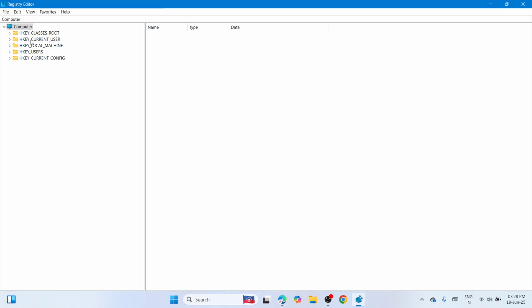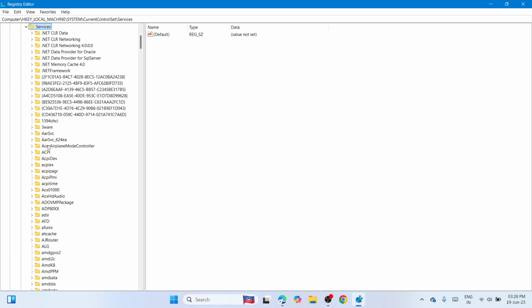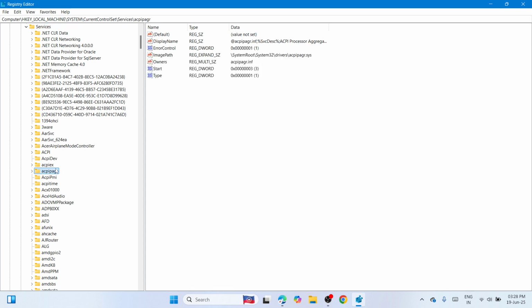So you can now close this one and navigate here at the upper left pane and find HKEY_LOCAL_MACHINE. Once you find it, double tap, and from here, please choose System, then double tap, and under the System, you need to find CurrentControlSet. Once you find it, double tap again, and under the CurrentControlSet, choose Services, double tap, and under the Services, you need to select any of the